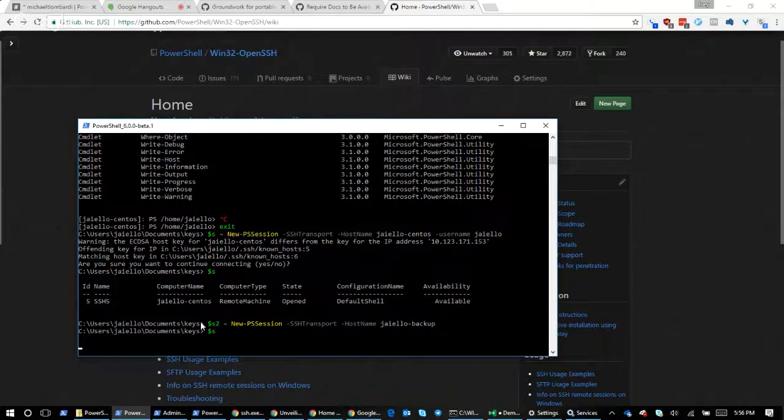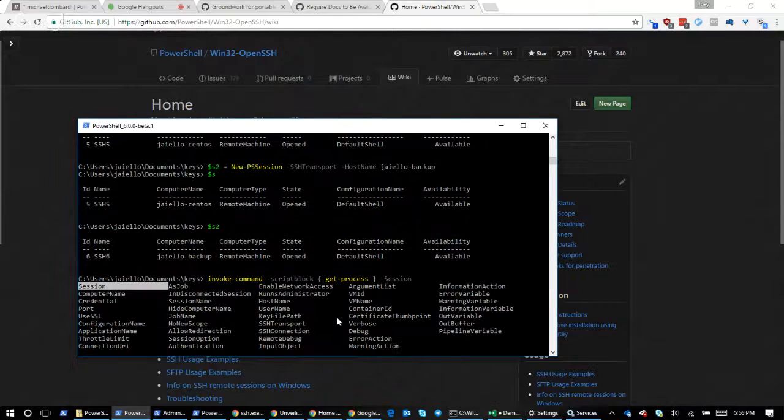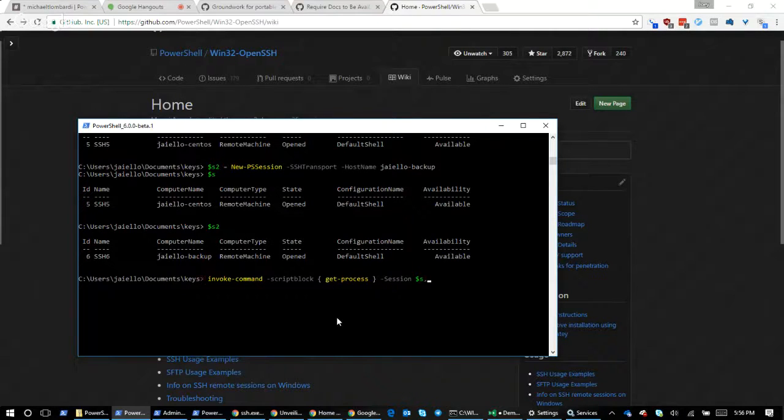So now I have S, I have S2, and I can do crazy stuff like Invoke-Command, Get-Process. So I need that in a script block, right? I'll be verbose here so everybody knows what I'm doing. And I can give it both session objects.